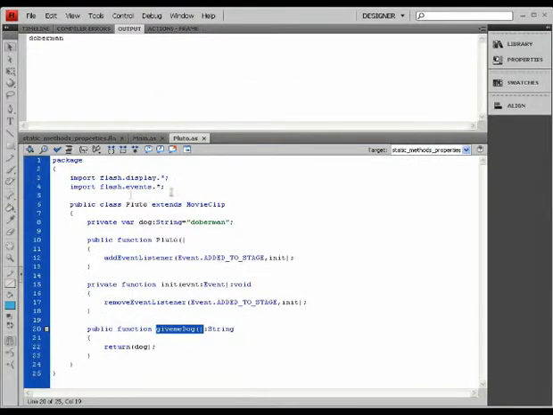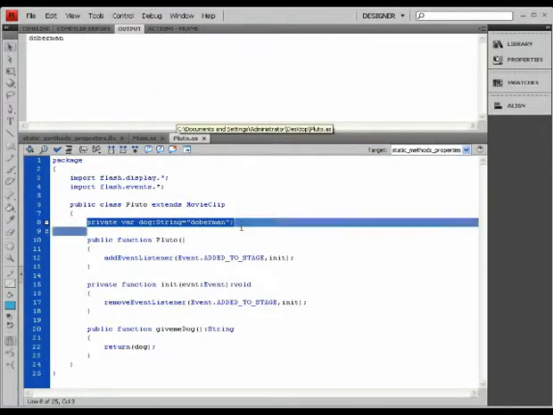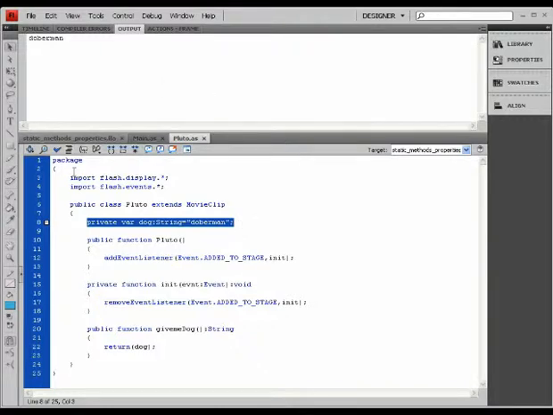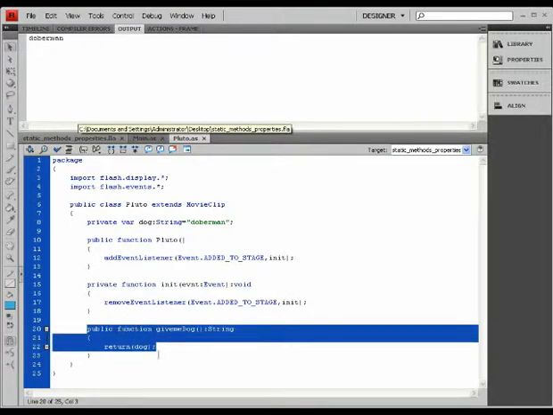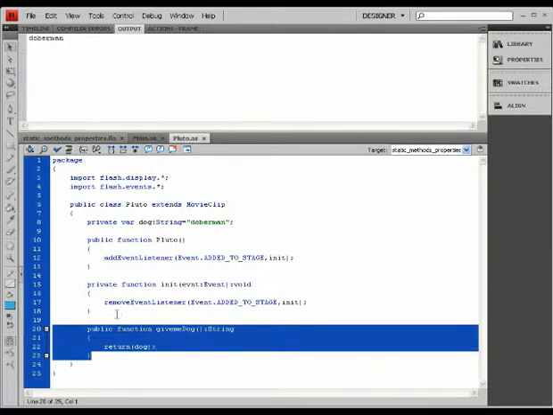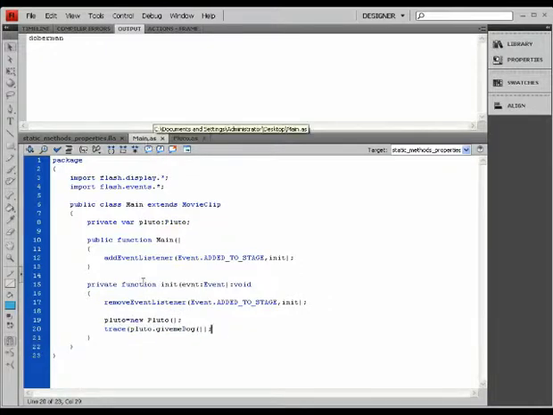Now, this property cannot be accessed directly from any of the other classes, even from the document class or from the timeline of my main file. But it can be accessed indirectly through this public method, which has access to it and therefore makes it accessible to my document class. This is a very simple example of encapsulation without